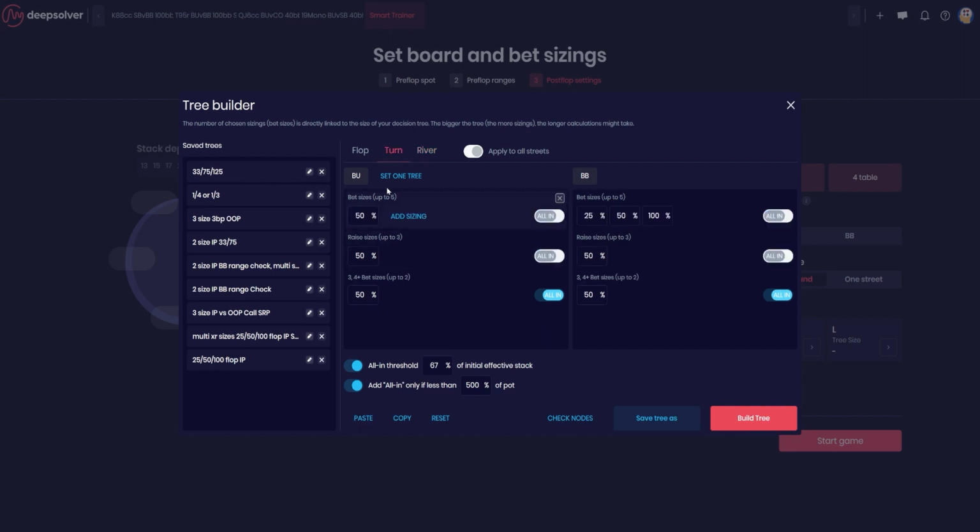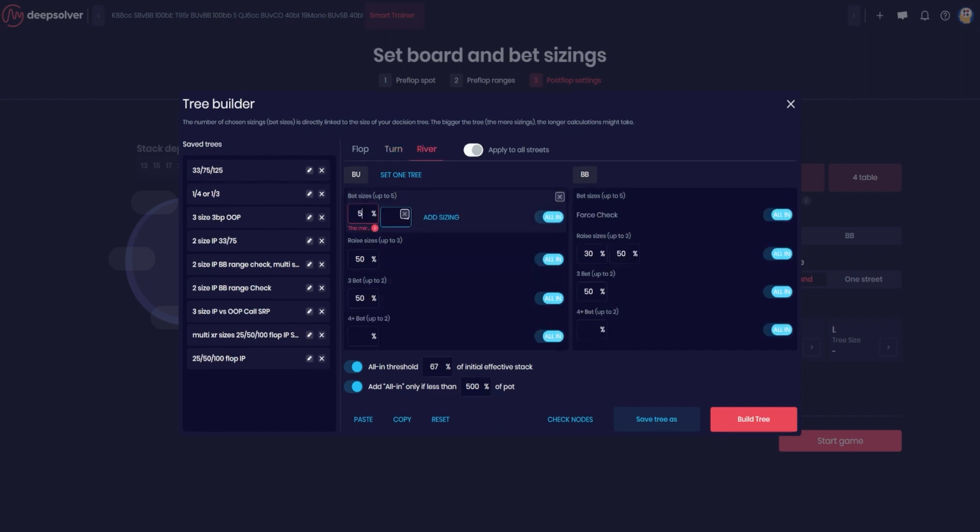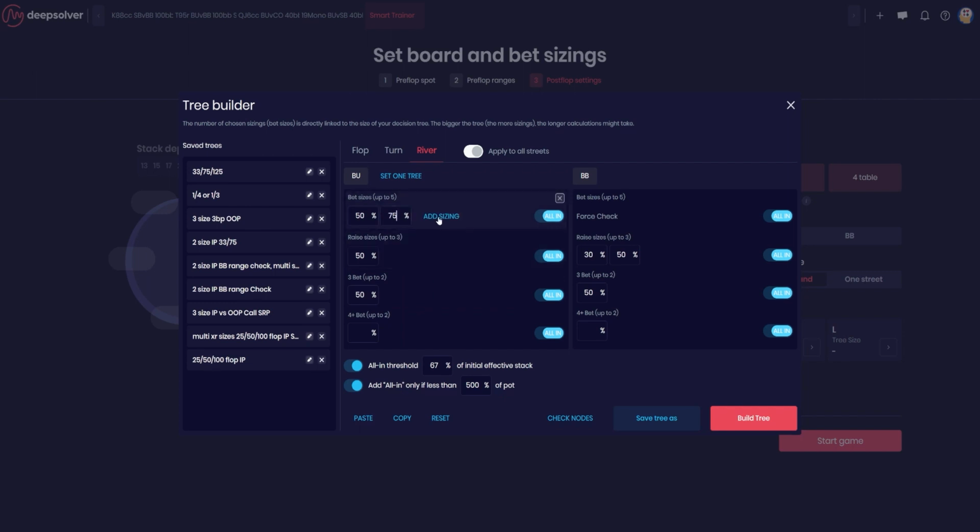And just going back here, so we gave 1 bet sizing. This is usually fine for in position. There's no need to use anything larger. Here you could add in a 3/4 sizing just to get a range of sizes. Big blind will usually want to have several sizes as well.